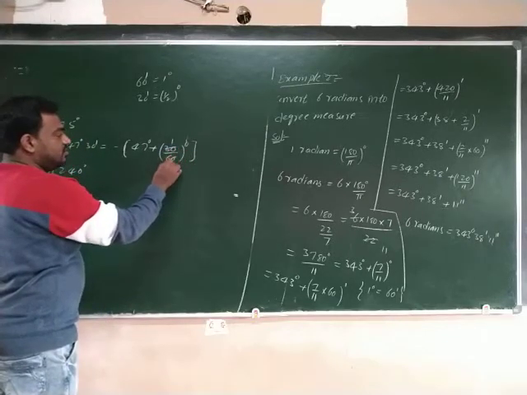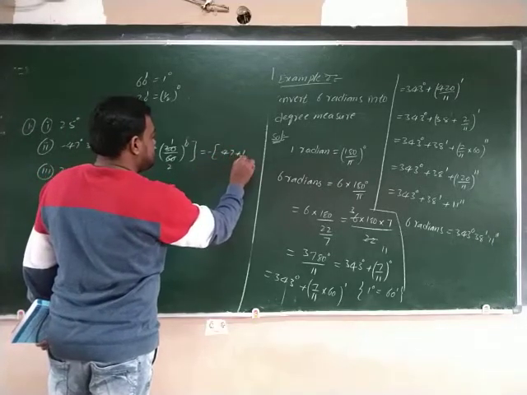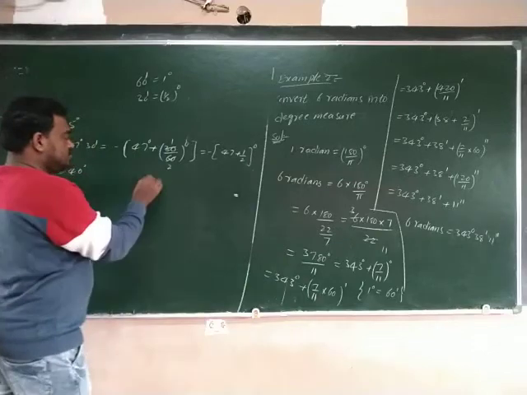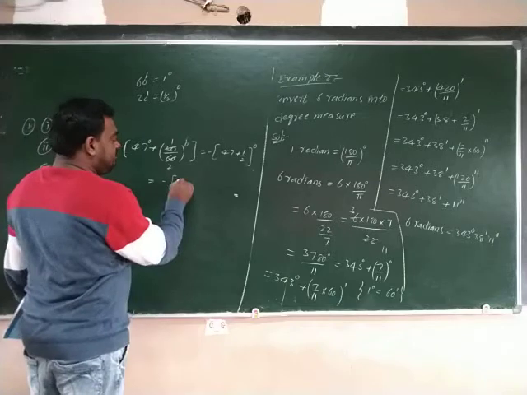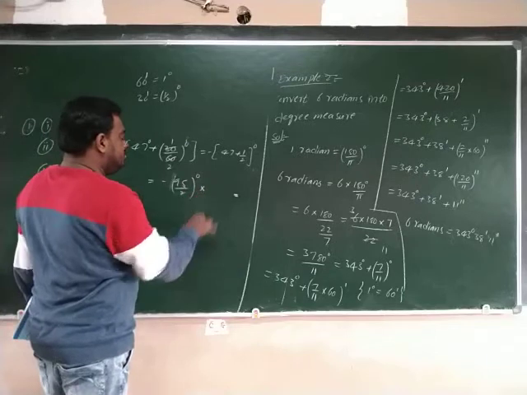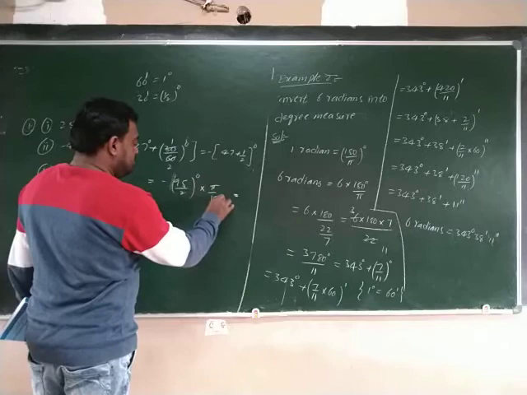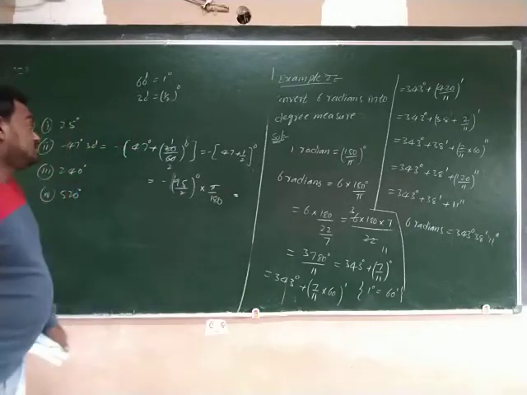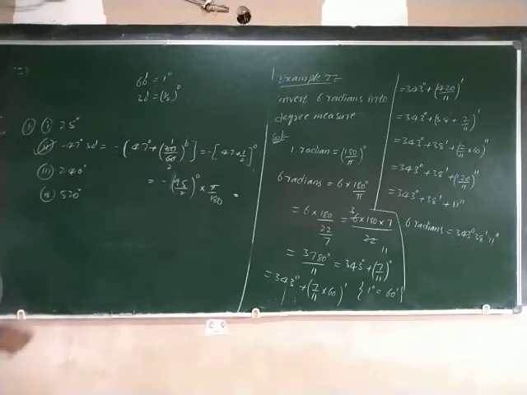So this is equal to minus of 47 plus 1 by 2 degrees, which is minus of 94 plus 1 by 2, so minus 95 by 2 degrees. For conversion to radians, what we write here is pi by 180. Simplifying this, you get the answer. I have given hints only for the second one, so the remaining you solve like that. Next, you solve and check your answer; the given answers are at the back side also.